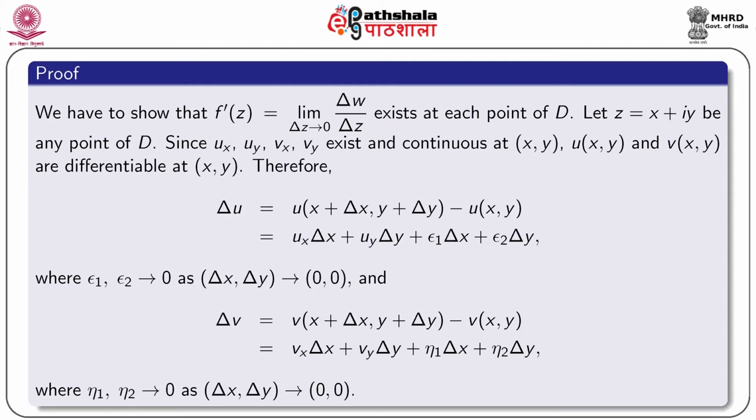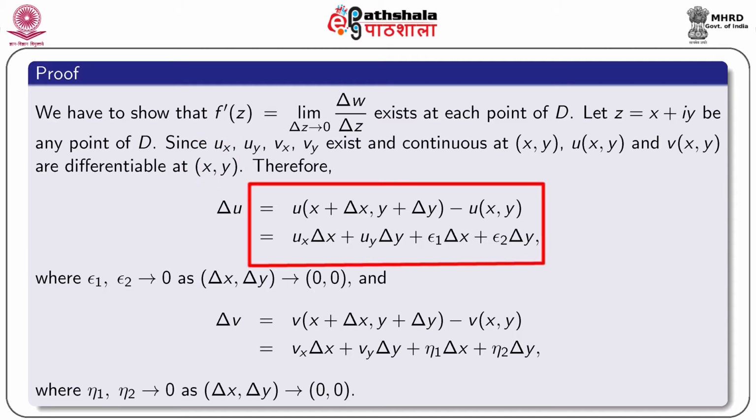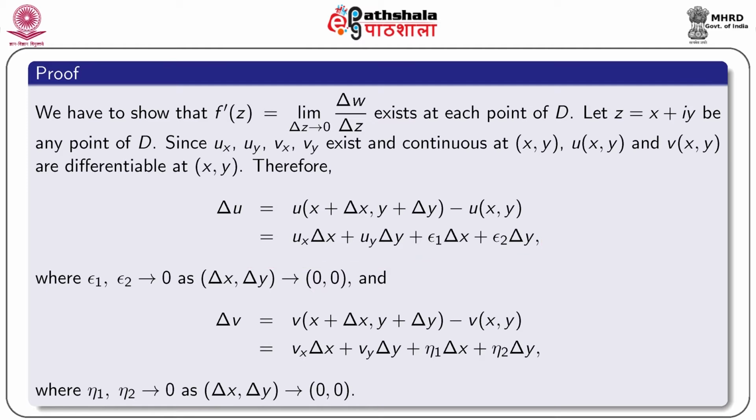Therefore, we can write del u, that is equal to u(x plus del x, y plus del y) minus u(x,y), and that is equal to u_x into del x plus u_y into del y plus epsilon 1 into del x plus epsilon 2 into del y, where epsilon 1 and epsilon 2 tend to 0 as del x and del y tend to 0, 0,